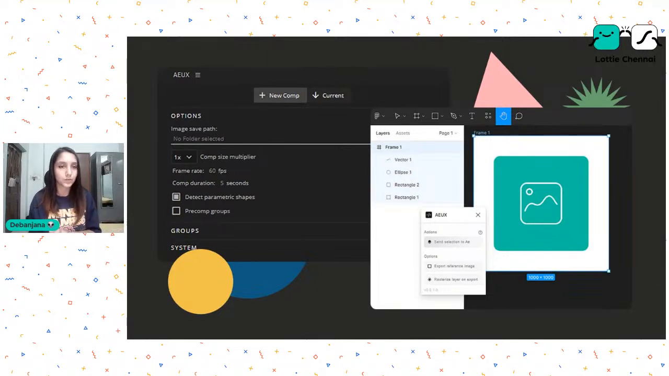So you should ungroup your Figma layers. That's the main thing. And also one more thing is, on the left, you see the AUX plugin, how it would look like on After Effects. You should make sure that you have your detect parametric shapes checked, because then all your shapes will be imported